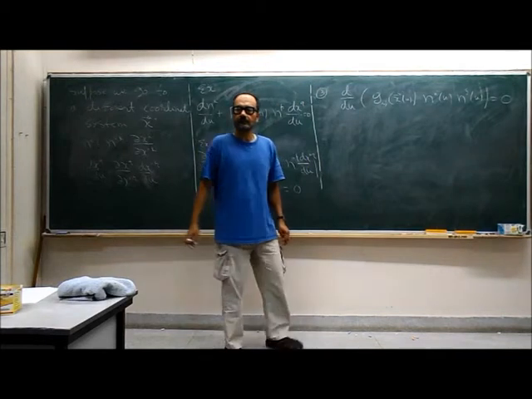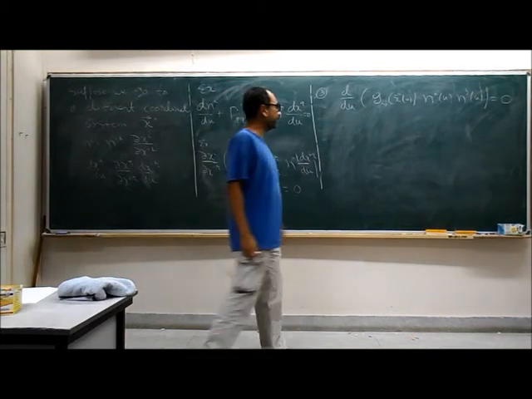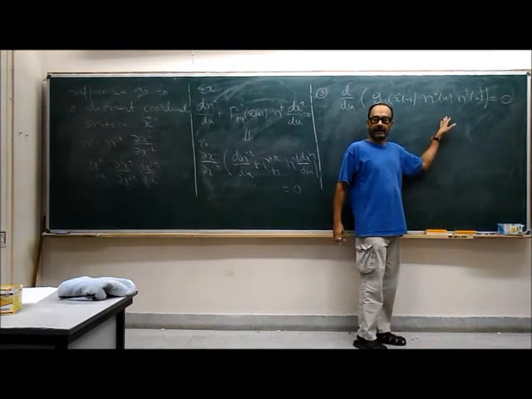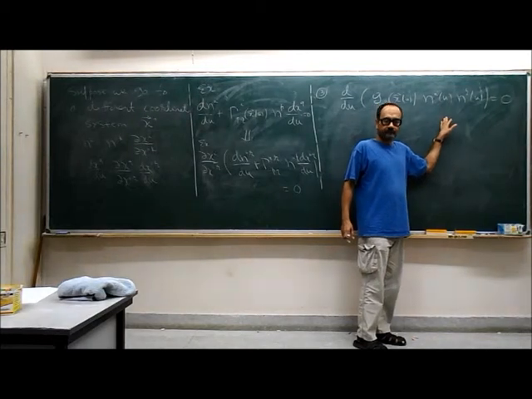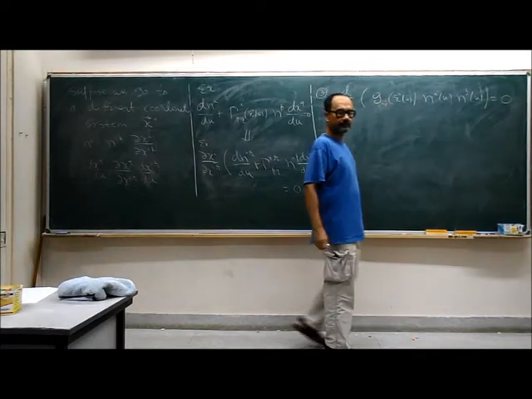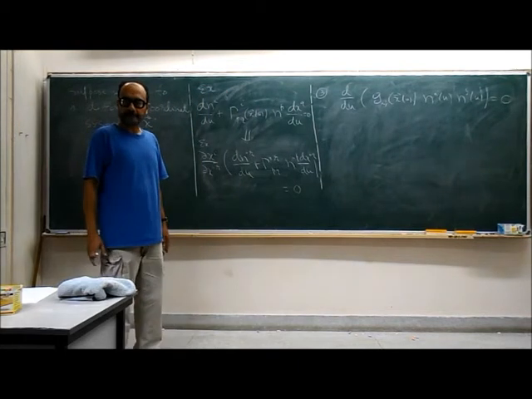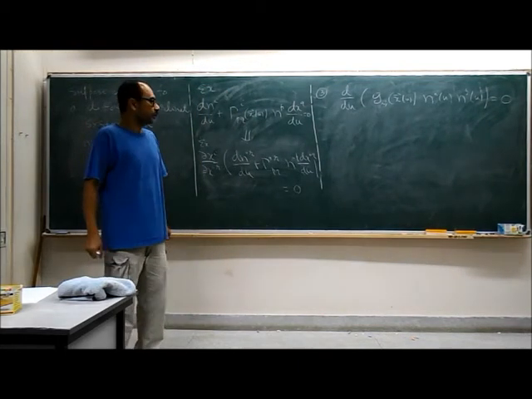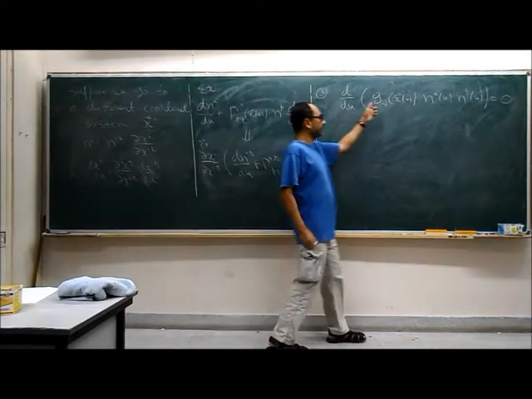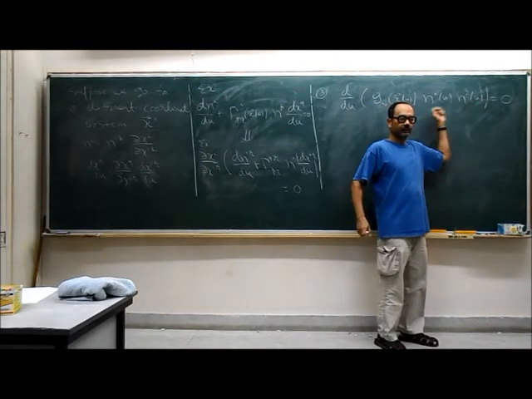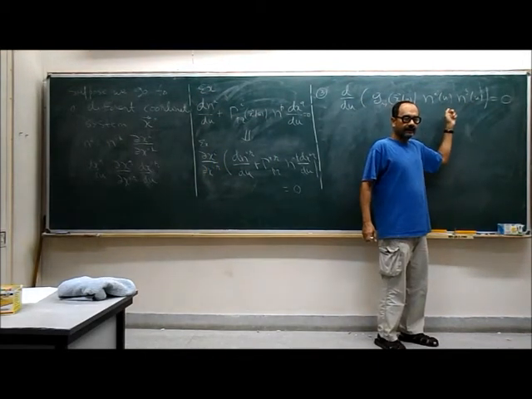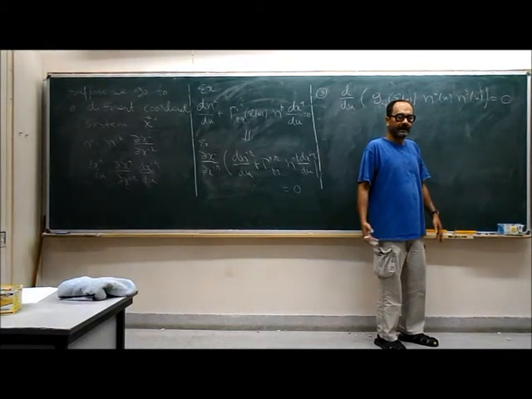The norm doesn't change along the curve. Yes, this is a statement that the norm doesn't change under parallel transport. Now there is also a short proof of this, which is to observe that this quantity is of course invariant under coordinate transformation. So you can go to the prime coordinate and try to prove it.